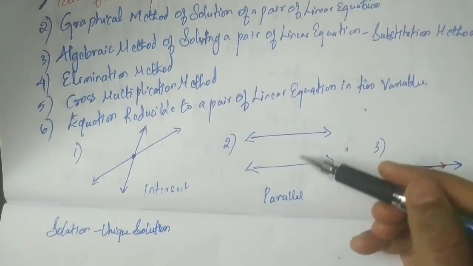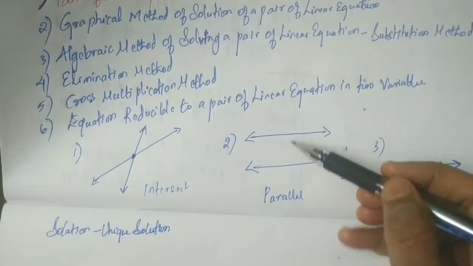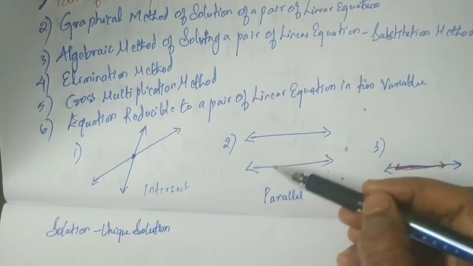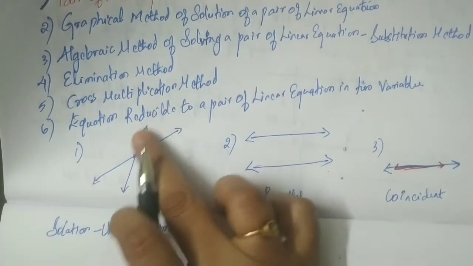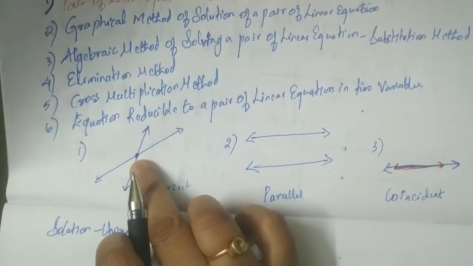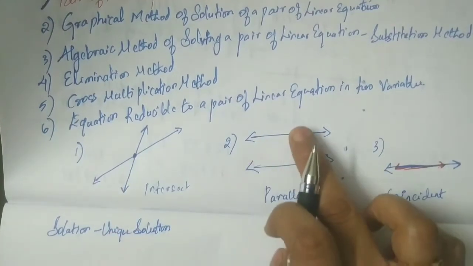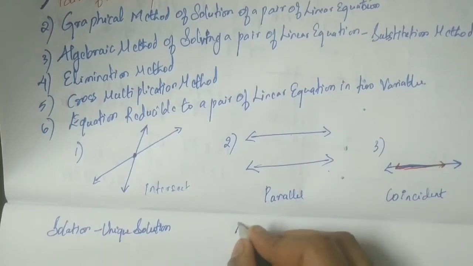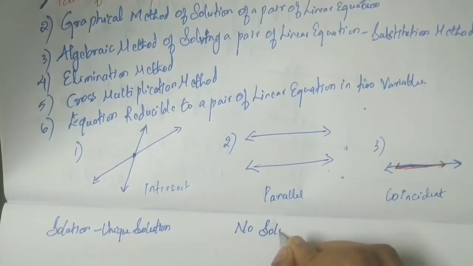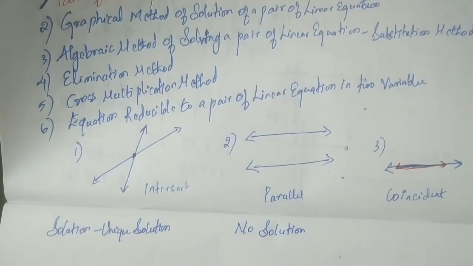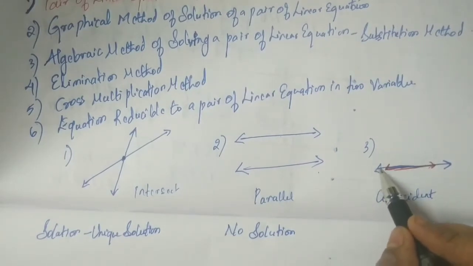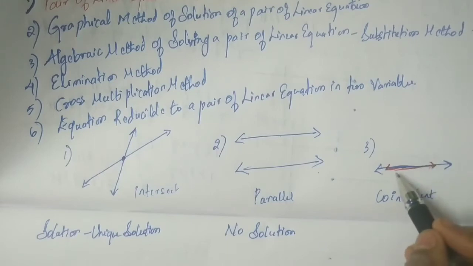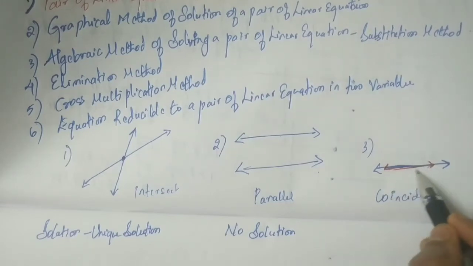Now we will go for parallel lines. You can see between parallel lines, you don't have any contact. That means first and second line are not at all related to each other. See here, in intersection, we had two lines intersecting at one point. So there is a relation. But here we don't have any such combination or any such relation. So we say there is no solution. If there is no relation between them, or if the two lines are not touching each other, then we say there is no solution. Coincident. You can see first equation you have a straight line.